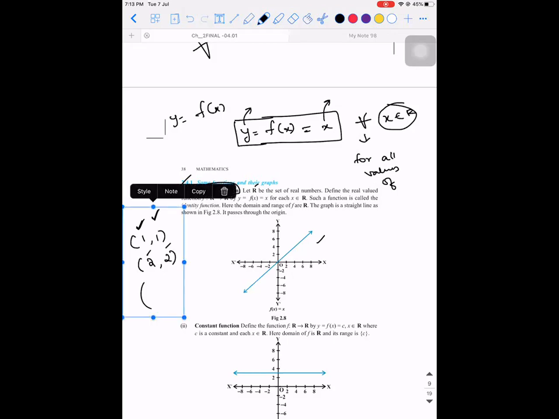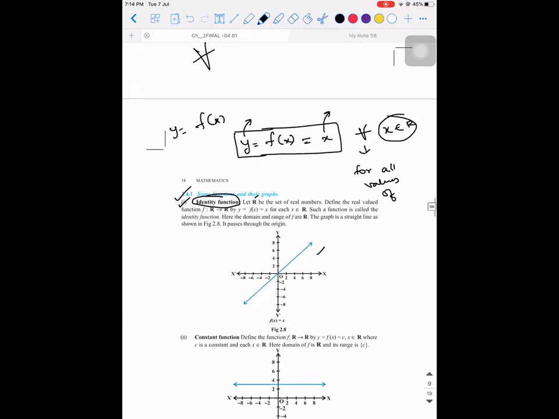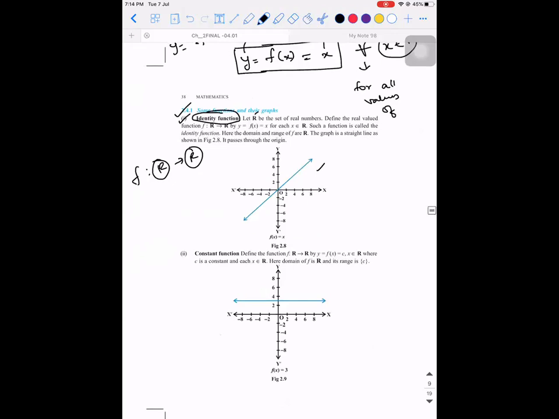Okay. So for every function going forward, what you need to do is define the domain and its range. So here, what is the domain of this function? I've already told you. F is mapped from R to R. What is the domain here? Real numbers. Range is also real numbers. Okay, so that's what an identity function means.